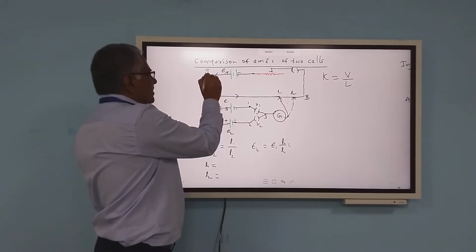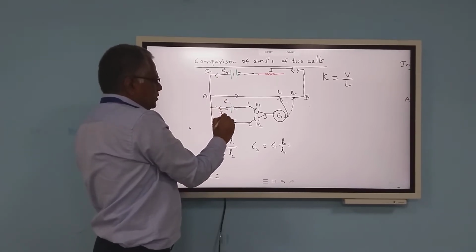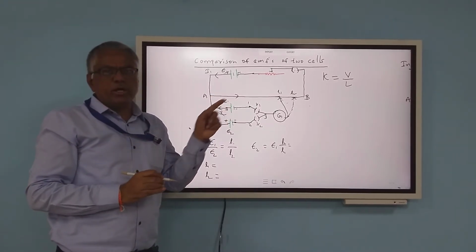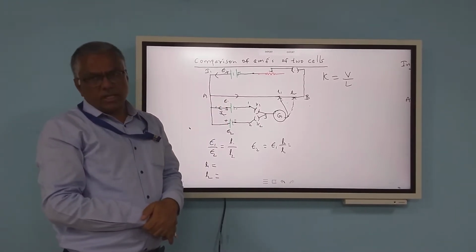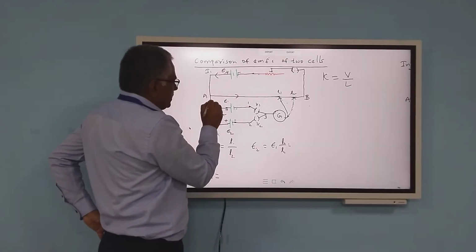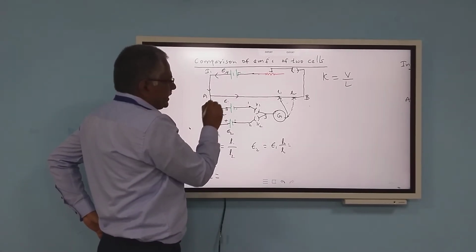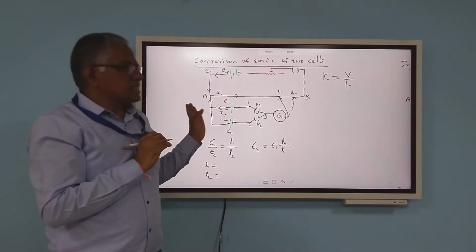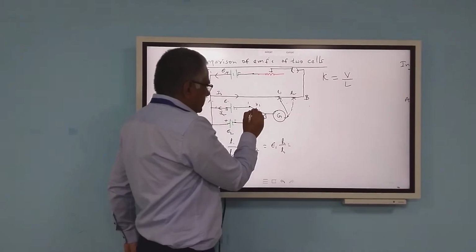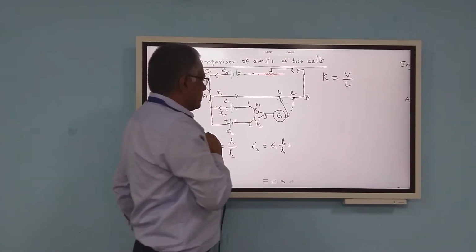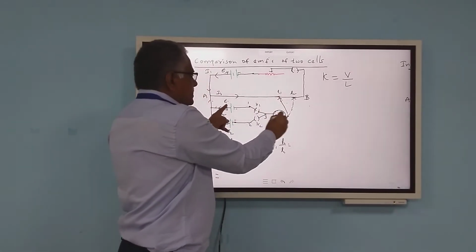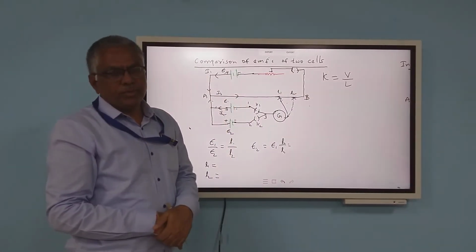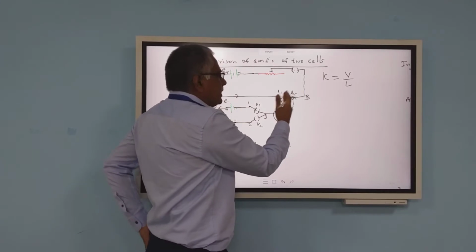Suppose this is I1 and this is I2. It can be I1 minus I2 or I1 plus I2, depending on the polarity of the cell. Suppose at this junction I1 and I2 are entering and I3 is passing through. When the circuit is closed, one more current is passing along this. Now, when you move the galvanometer jockey,